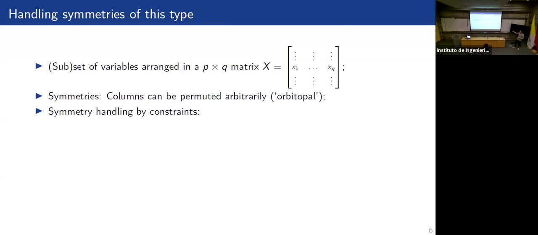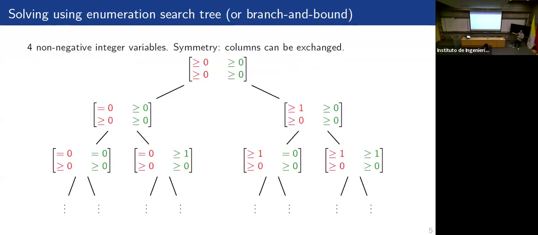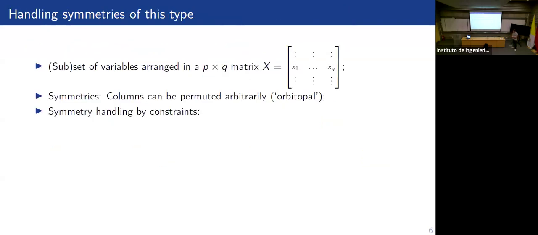But okay, and now the goal of symmetry handling is: can we use the knowledge that we have of symmetry so that problems like these are being avoided? Can I reduce the amount of work applied in this branch and bound process by exploiting the presence of symmetries in the problem? So the type of symmetries that we have observed here, they are a well-known type of symmetries. We call them orbitopal. And orbitopal type symmetries are like that you can take variables of the problem or some variables of the problem and arrange them in a matrix like this. And if the symmetries of the problem correspond to permutations of the column set of the matrix, then we call those